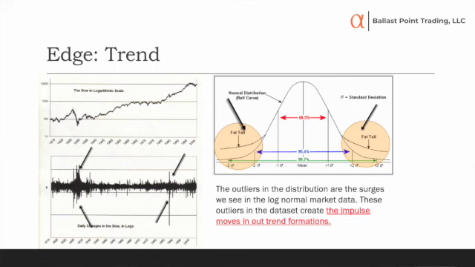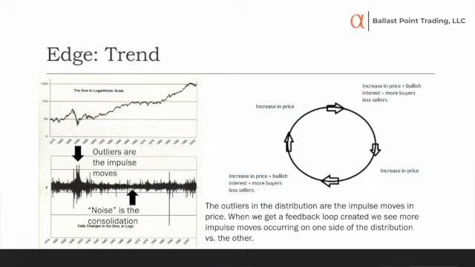Now, the key driver here for trend is the fat tails in the kurtotic distribution. That's the key. The fat tails equate to the spikes. If you look at this graph right here, you see the two fat tails, and then you see the spikes in the data. That's where that data resides in the distribution. What makes this work is combining the spikes, the outlier data, with feedback loops.